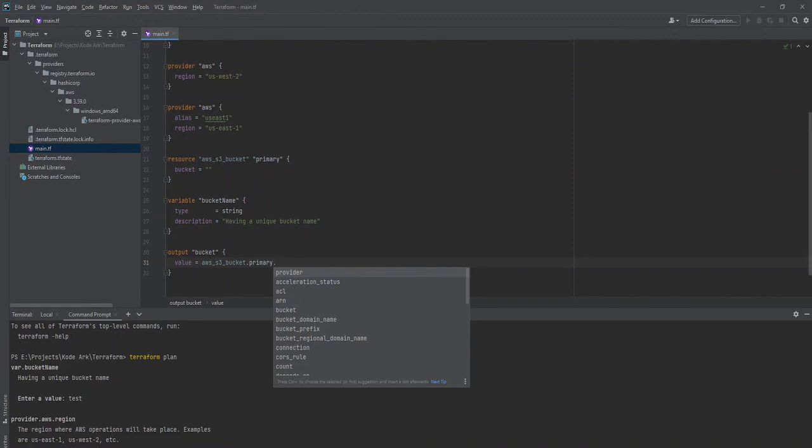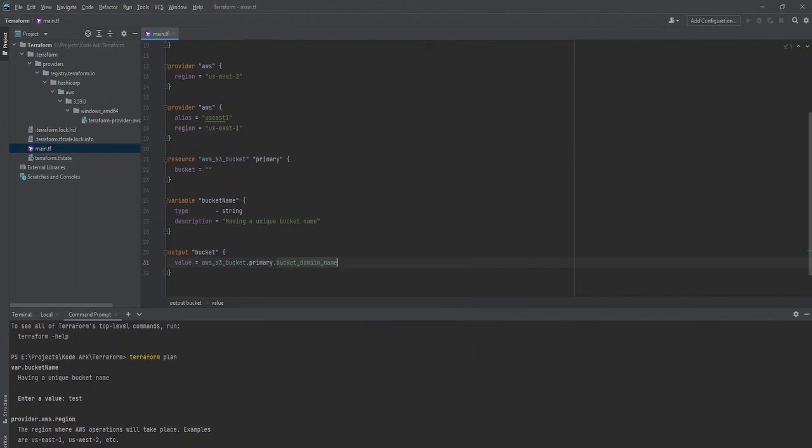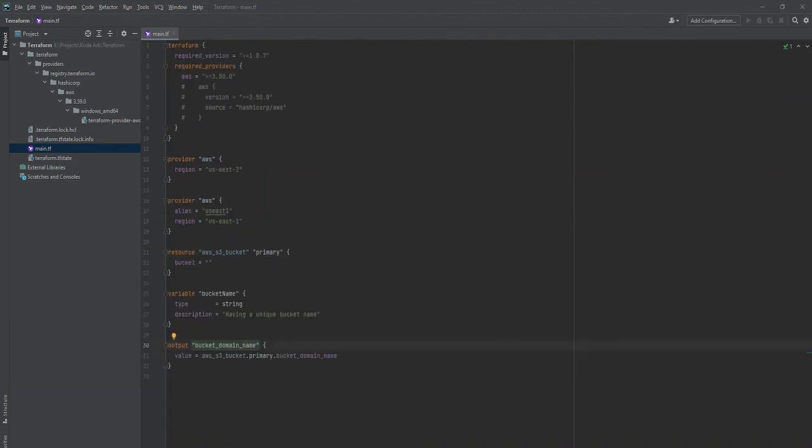Some APIs expose some information. For example, this S3 bucket exposes information such as the ARN, the bucket domain name, and other things. So for example, I want to know the bucket domain name, so my output is going to look like this. After execution, when the plan finishes, I will get the bucket domain name.